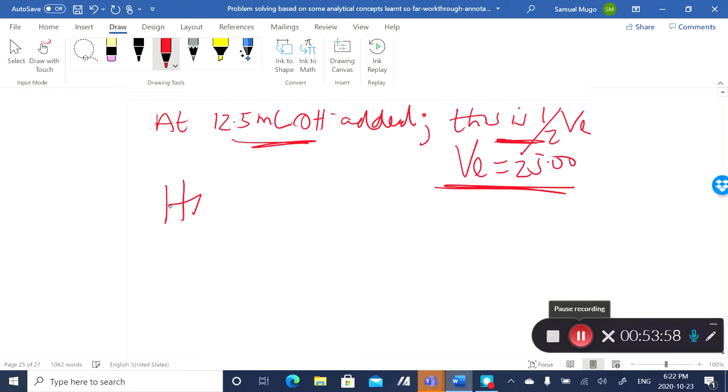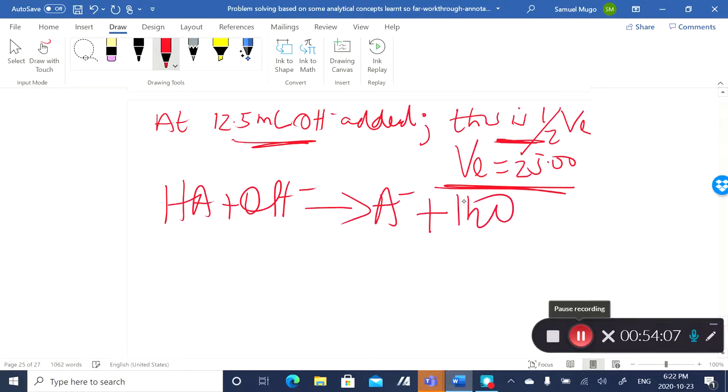So you've got the chloroacetic acid again. You're reacting it with the base to give you the conjugate base plus water. Initially, remember, I've got 2.5 millimoles, right? Because I've got the 25 ml and the concentration is 0.1. I have added,